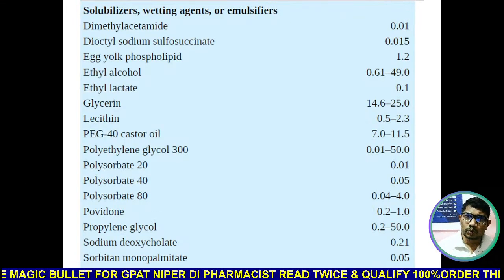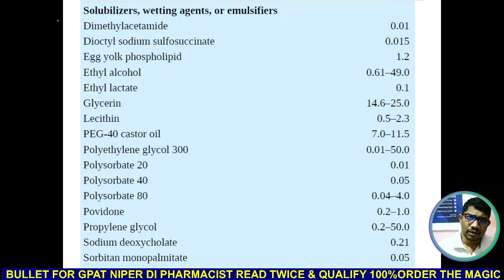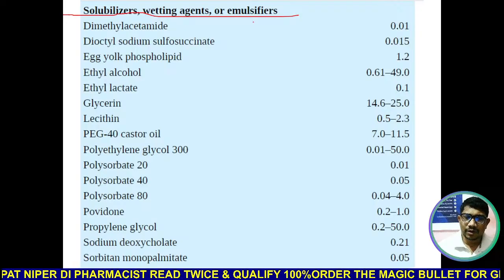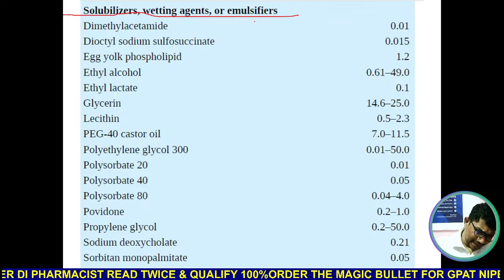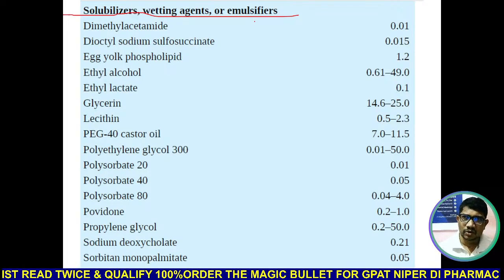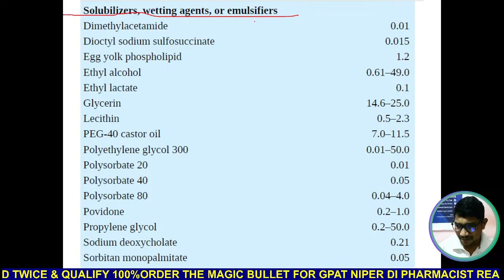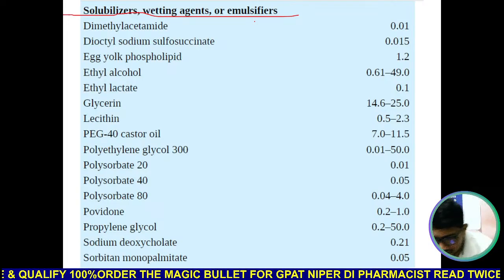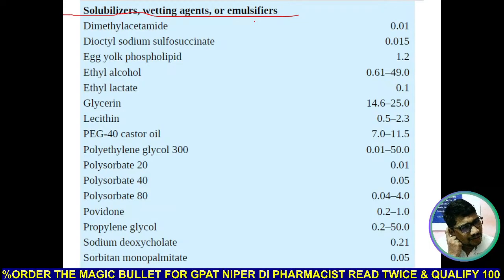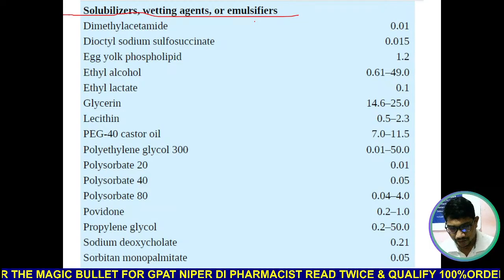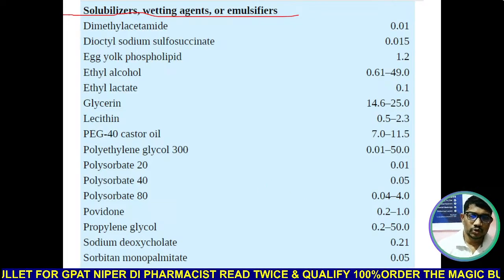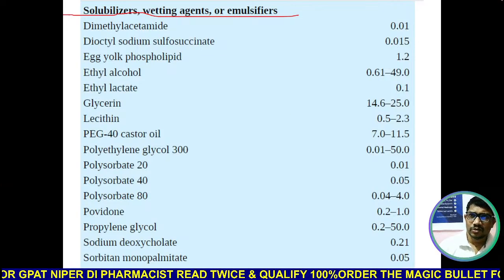Now to enhance the solubility, your drug है ना, if your drug is poorly soluble in the water or vehicle, तो है ना for injection mostly vehicle क्या होना चाहिए, for injections mostly the vehicle is nothing but the aqueous or oily vehicle, so aqueous vehicle is nothing but the water, so in that you have purified water or sterile water for injection है ना, and oily मतलब you have different oils, solubilizer, wetting agent and emulsifier, so they are